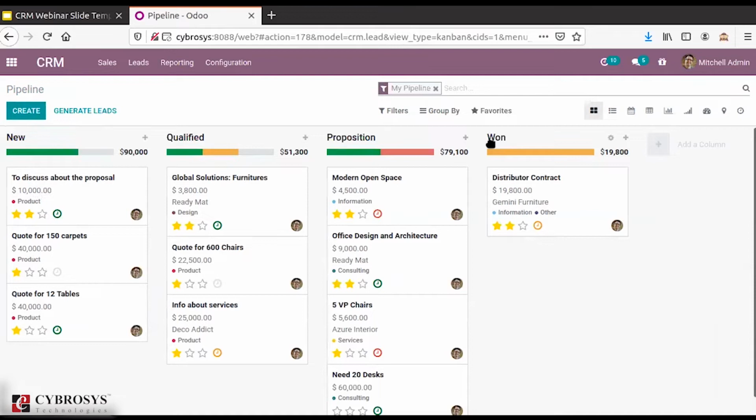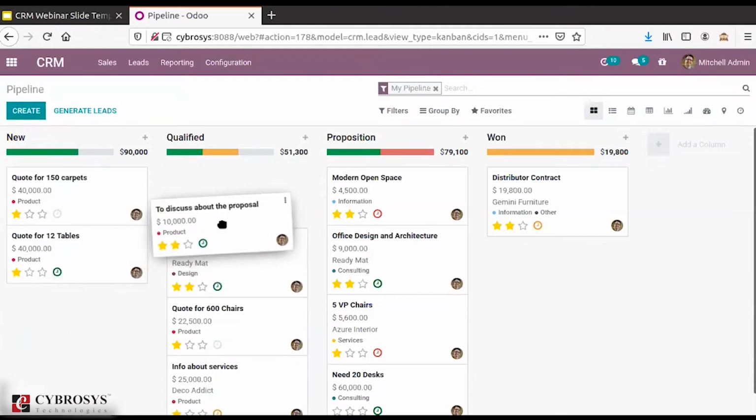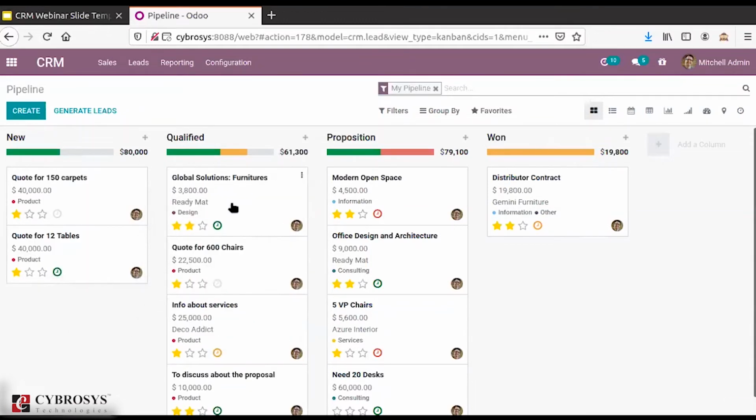Right now, in the case of Odoo, we have a default set of stages. First of all, since I got this lead and I have converted it to a new opportunity, if I am okay with that opportunity, I can just drag and drop this opportunity to different stages.